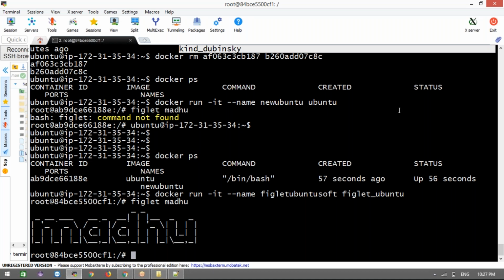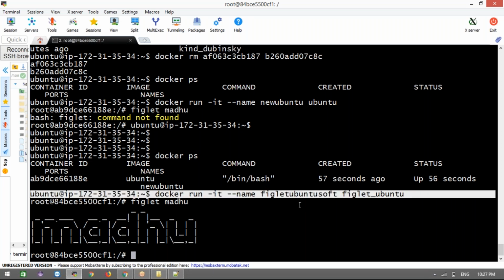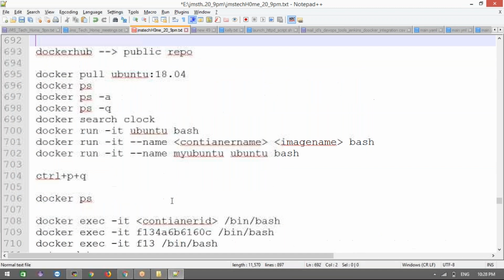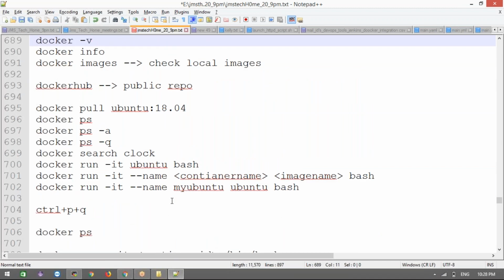Now clear? Clear, right? Tomorrow we are going to discuss some more commands, and then we are going to run docker logs. Today we ran a lot of commands. These are very important commands. In your career, you are going to run these commands only. Docker run, docker exec. Docker commit is rarely used, only when required. And docker run, docker exec, docker ps, docker images, these 4 commands we use in day-to-day activities.